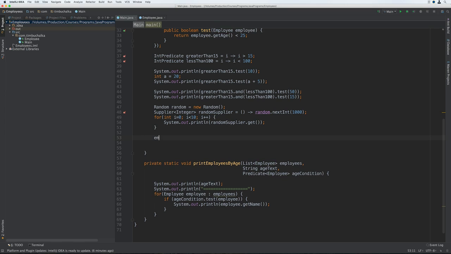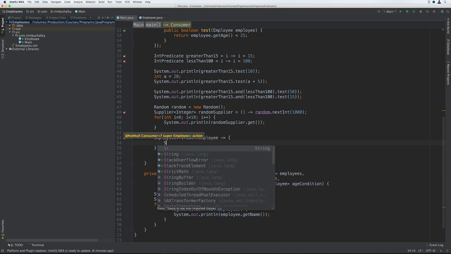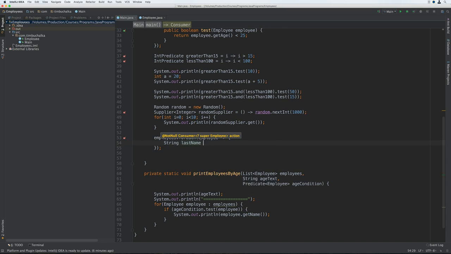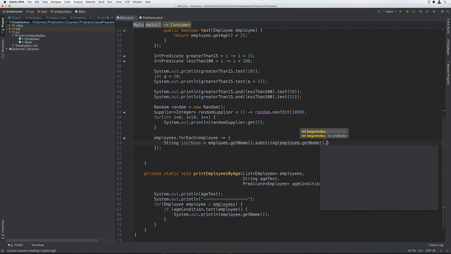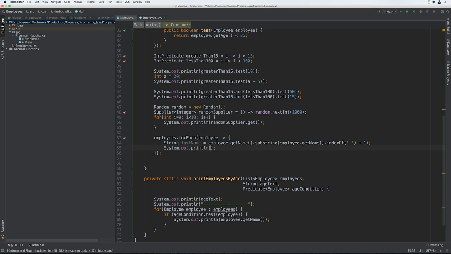So I'm going to start with employees.forEach. Then we're going to do employee, arrow token, and open a code block. We'll do String lastName is equal to employee.getName().substring(employee.getName().indexOf(' ') + 1). Then we're going to do a printout of the last name that we've extracted with a label before it that says "Last name is"